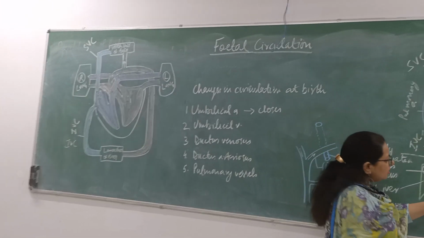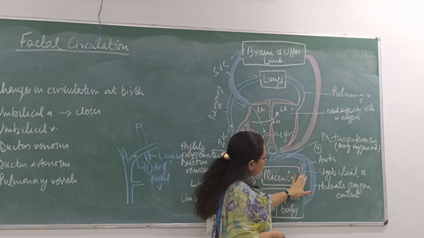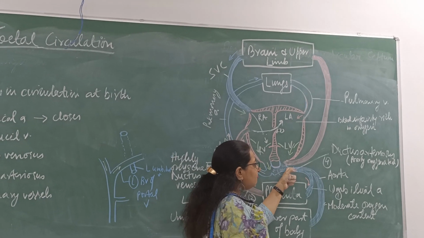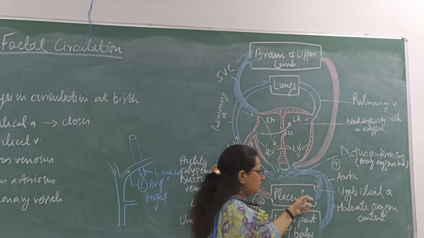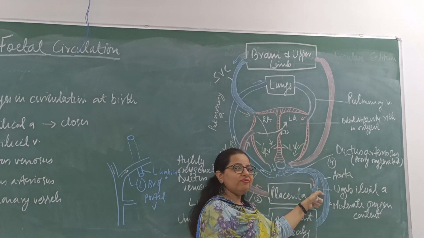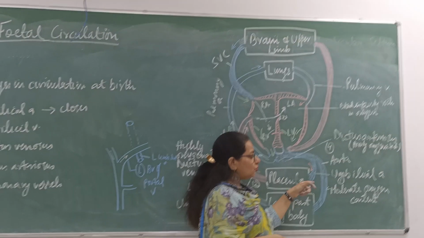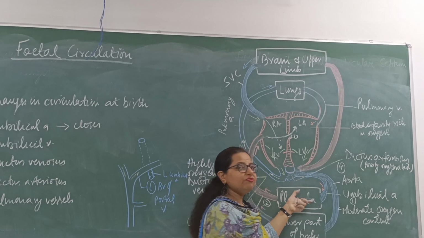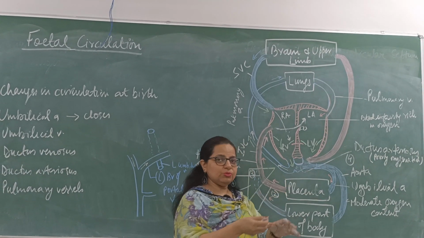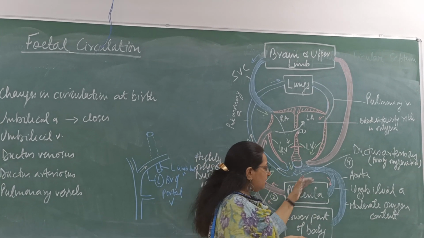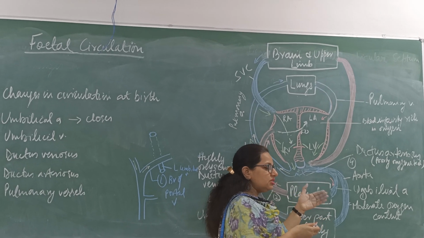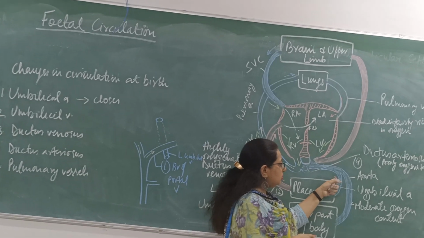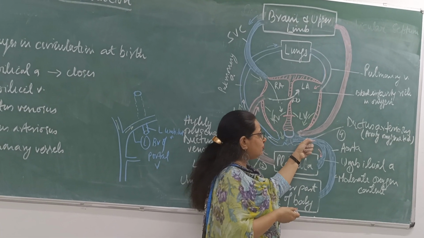Here you can see the umbilical artery, which closes because it is bringing blood from the fetus to the placenta. So it has to close immediately after birth so that blood is not allowed to enter the placenta from the fetus, right? Because the placenta has to be taken out. So every entry or exit has to be stopped. First and foremost is umbilical artery closure immediately after birth so that the blood from the fetus is not entering